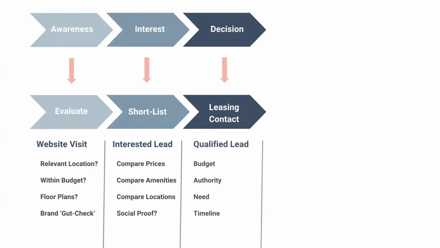What that looks like in practice for your leasing team is this is the stage typically where you're going to qualify those leads. You're going to have a whole lot of leads coming through the door, but a lot of them aren't going to be qualified, because people are just in the shortlisting stage. They're not looking to tour your property right now. But at this next stage, this is really where your leasing team needs to crack down and figure out who's the right fit for your property and who's not.